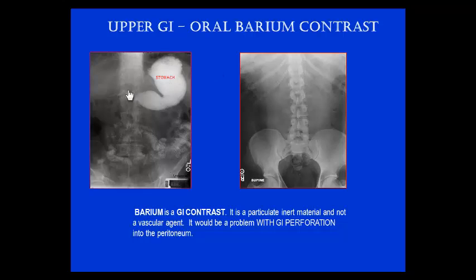In this case, it's an oral contrast, and it's outlining the stomach. This is barium. It's an inert material. I used to say it was ground up rock, but I think technically it's a metal. But it's not something that will be injected into a vascular tree because it's a particulate material, and it would be a problem also if there was ever GI tract perforation, because now it would be all adherent to